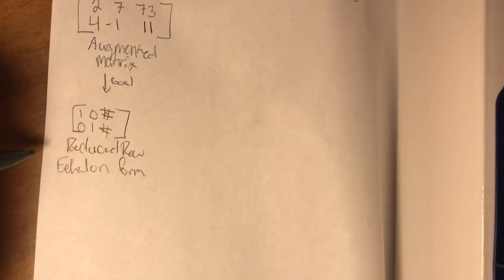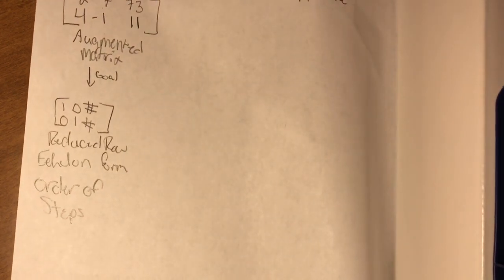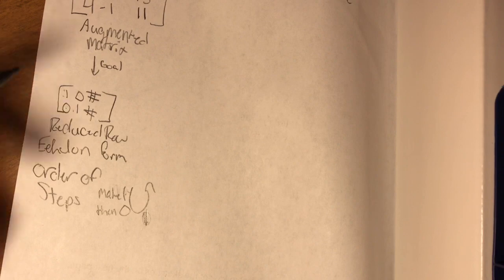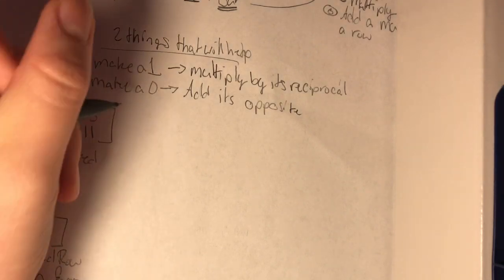Order of steps. Order of steps is make a 1, then make a 0, then you make it 1, so 1, 0, 1, and then you make a 0, so it goes 1, 0, 1, 0. So for the first one, you do row 1